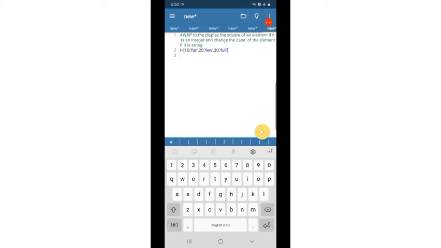So here we have a list L containing values 10, fun, 20, few, 30, full.